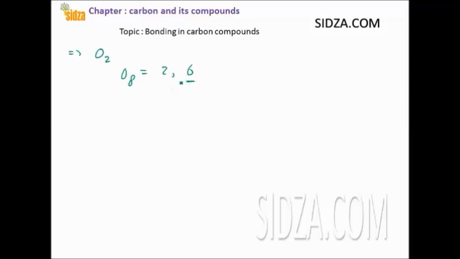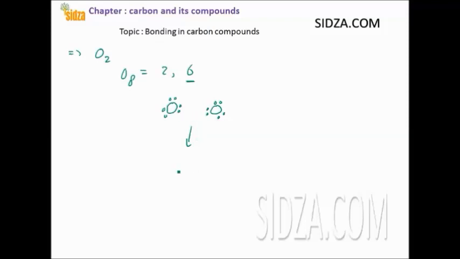To complete this octet, it needs 2 more. So here is an oxygen atom with 6 electrons in the valence shell. Another oxygen atom, same situation, with 6 electrons in the valence shell only. This oxygen atom requires 2 electrons, this oxygen atom requires 2 electrons, so they share the 2 electrons in between,